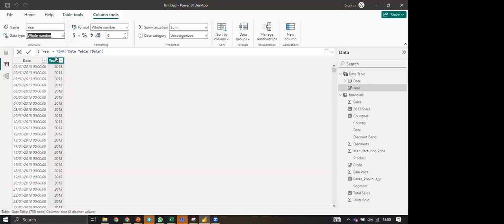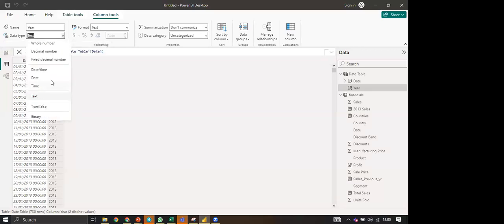I don't know why it's being stubborn. So I've changed it to text, changing it to